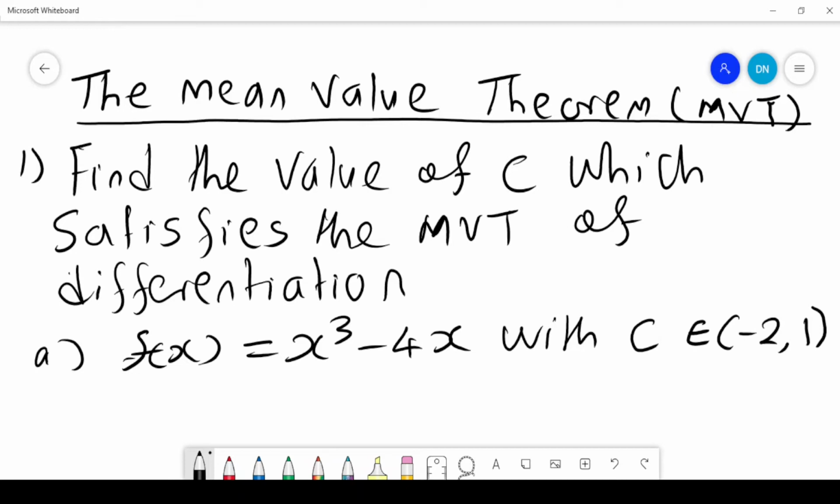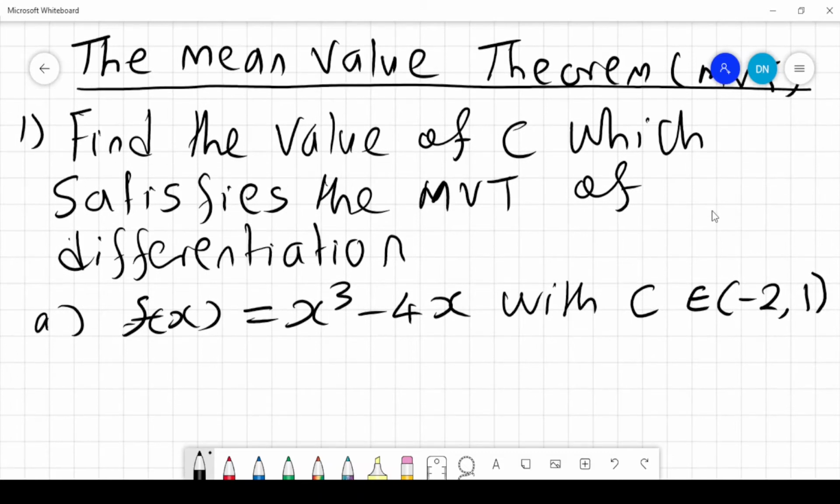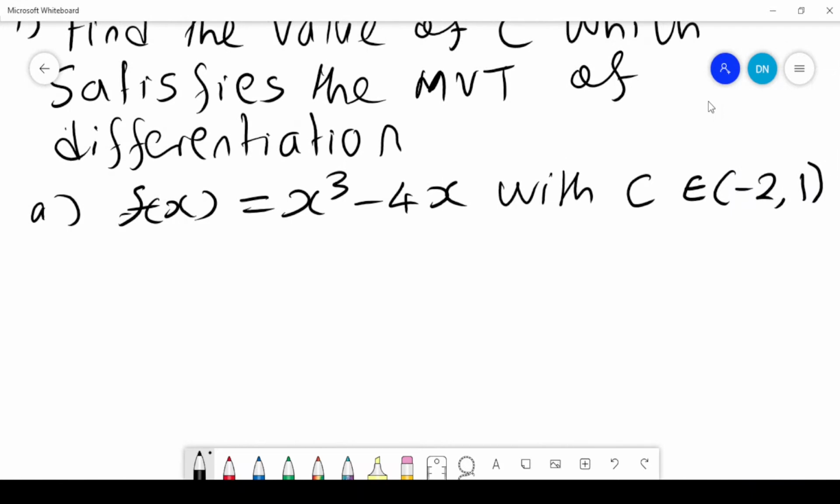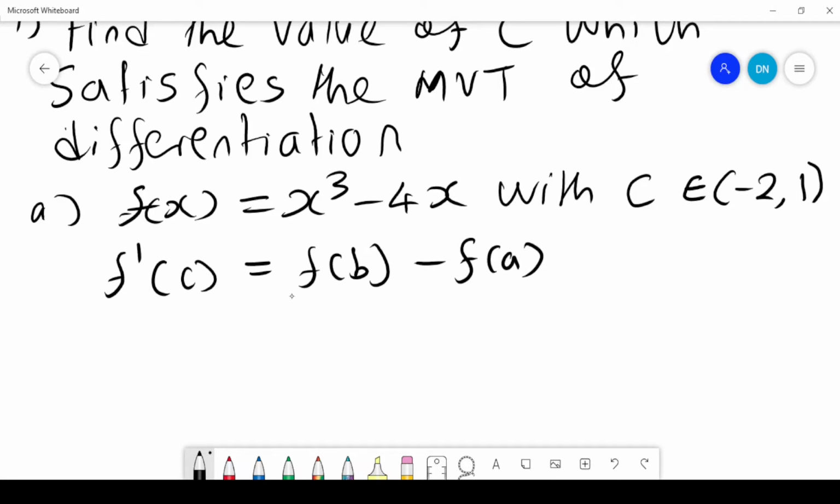The mean value theorem, that is MVT, we want to find the value of c which satisfies the mean value theorem of differentiation. f of x is equal to x cubed minus 4x with c lying between -2 and 1. And by definition, f prime of c is given by f of b minus f of a